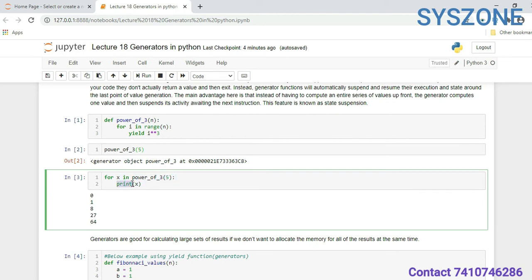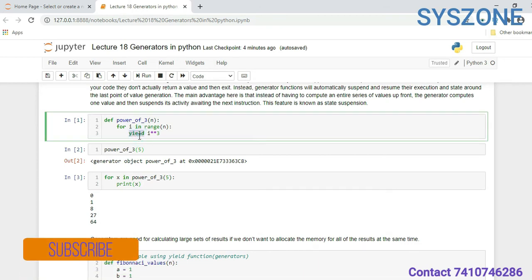So here 0, 1, 8, 27 and 64 are the values. This is the value of 2 multiplied three times, 2 into 2 into 2. This is for 3, 3 into 3 into 3, and this is for 4, 4 into 4 into 4. So here we are using the yield function, and it is generating the values.